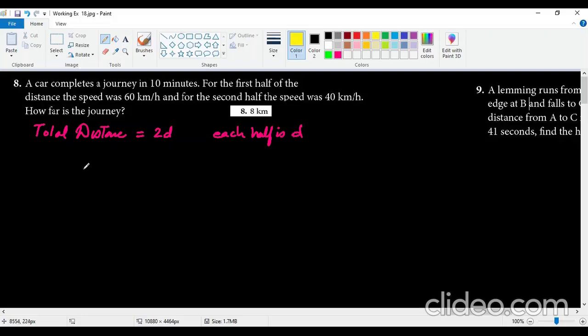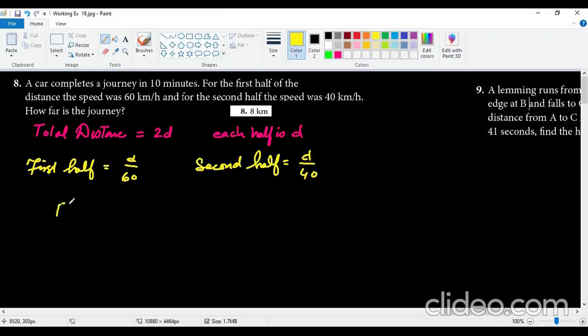So first half, I will say the speed was 60, so I will write d over 60, and the second half I can write d over 40 because the speed was 40 kilometers per hour, and the total time